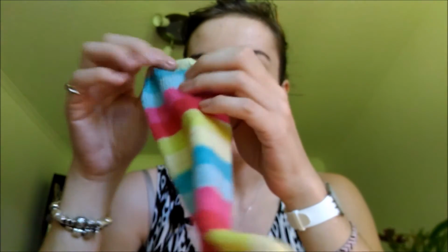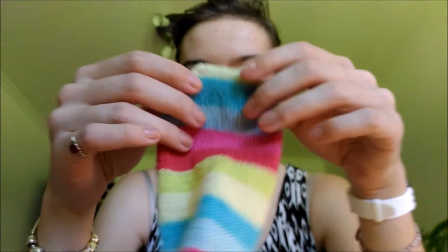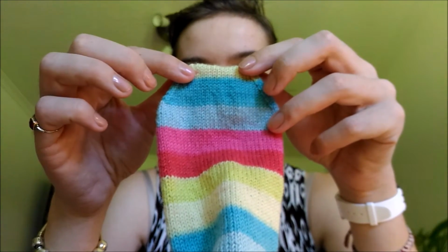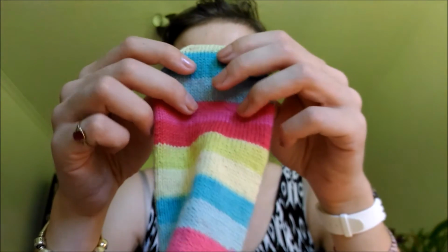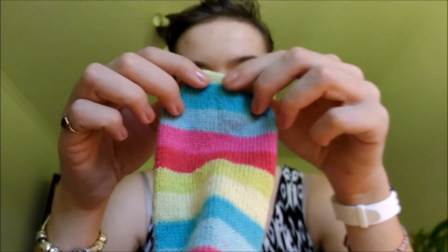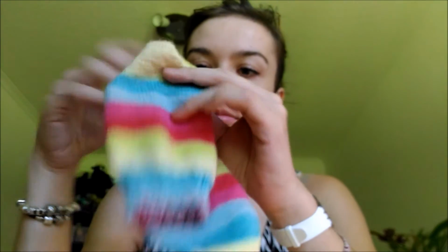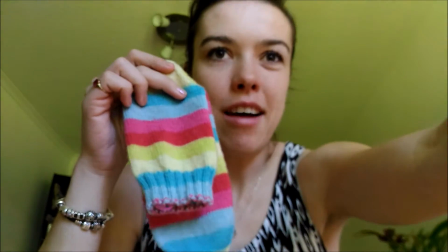And again, I did my newly modified Kitchener toe. This time I only decreased to 16 stitches on each needle, and they fit really, really well. I think I like this sort of wide toe, and frankly it is so much faster as well. So anyways, I have the first one done,